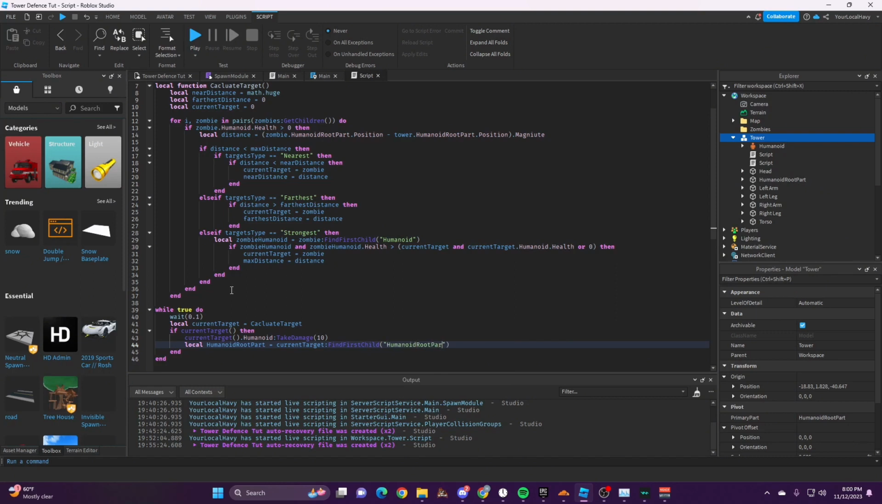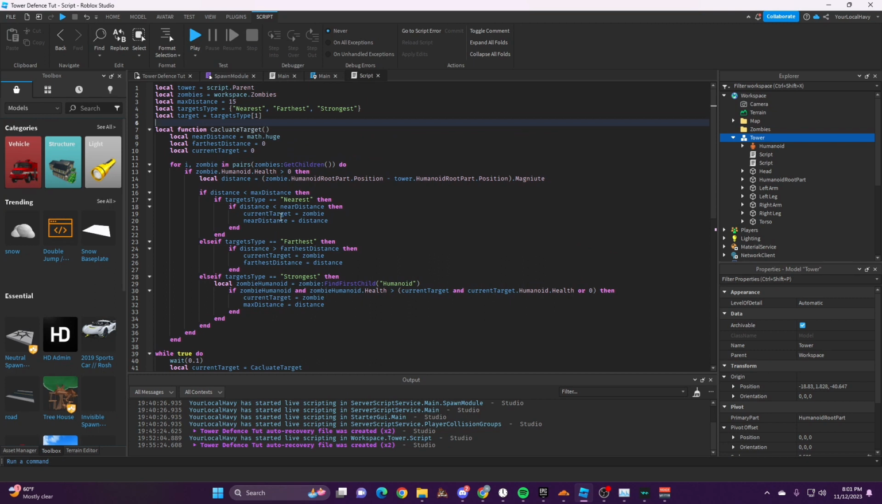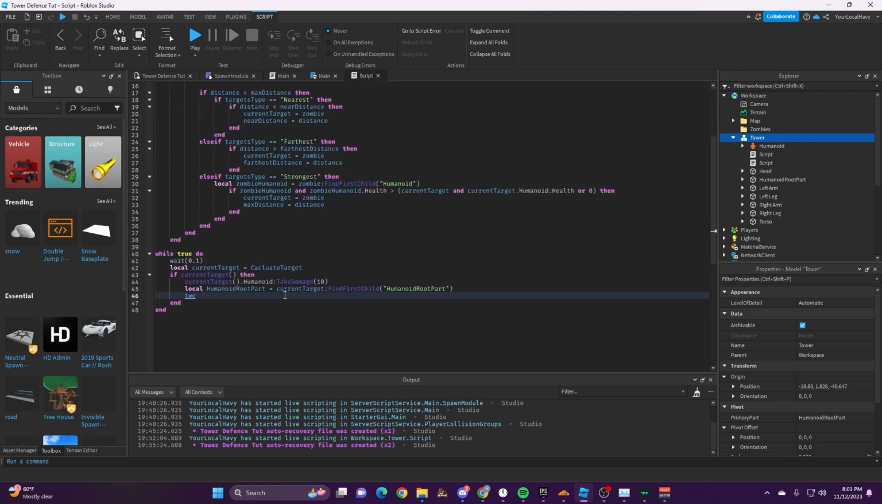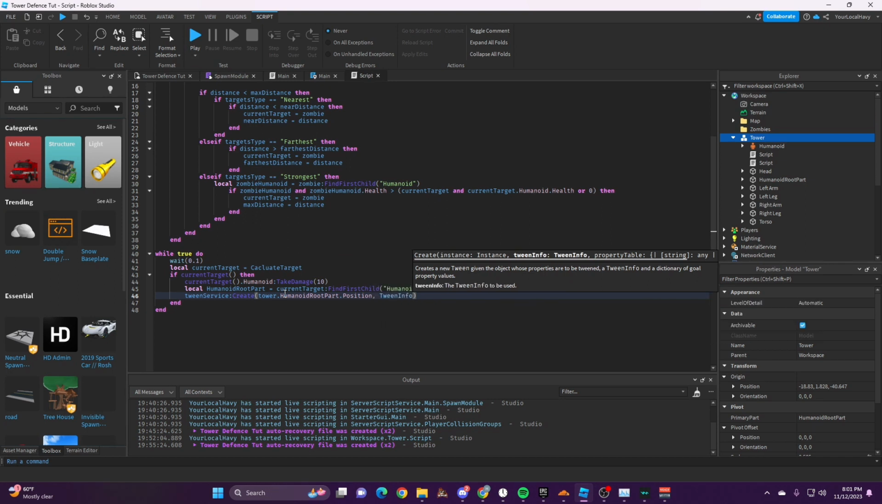Humanoid. And then tween, we need to define tween service up here, so go tween service equals game get service. Alright, so tween service create tower dot humanoid root part dot position. So we're grabbing the position, we're gonna tween it dot new 0.3,